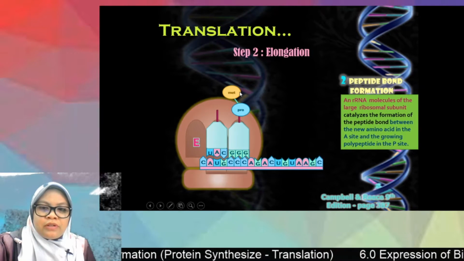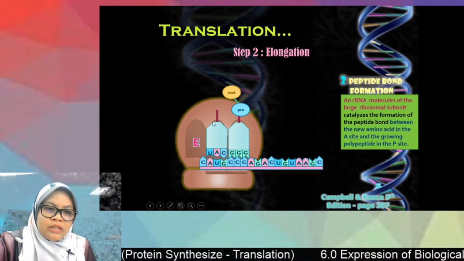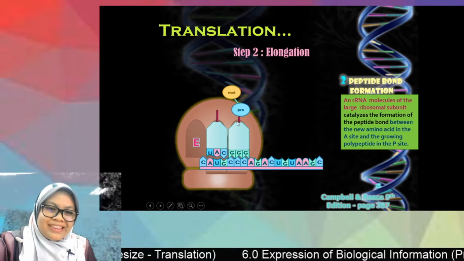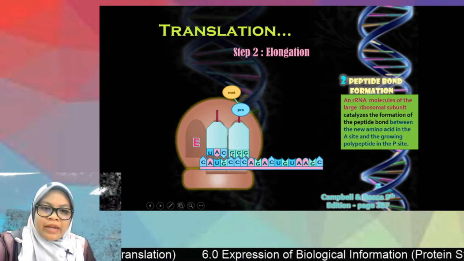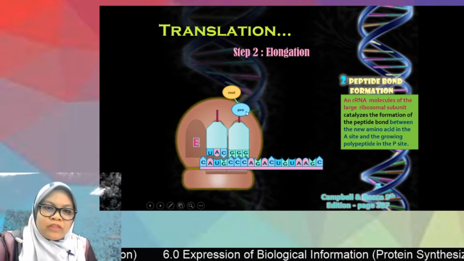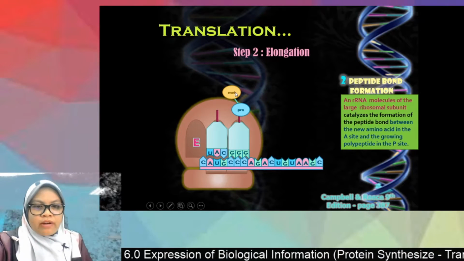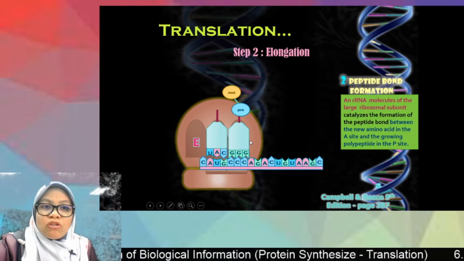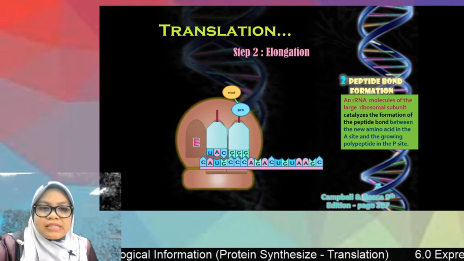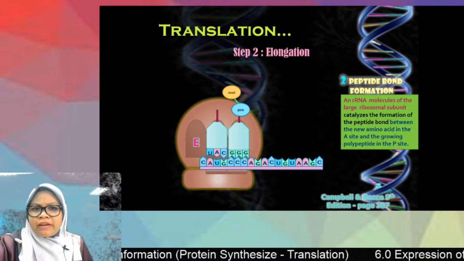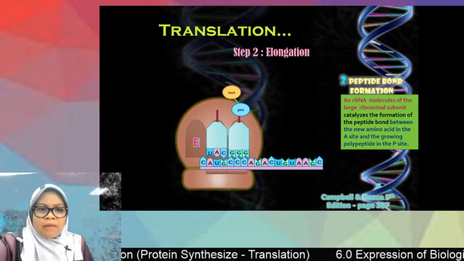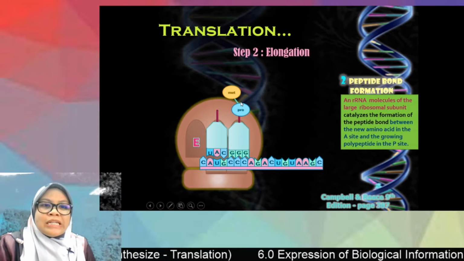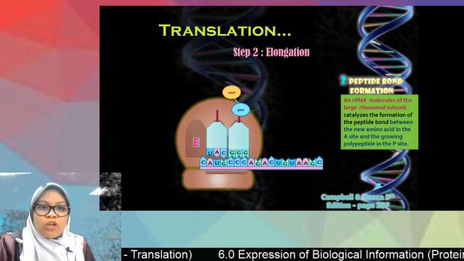Okay, so here this tRNA lost the amino acid, and then the tRNA at the A site already has two amino acids. As you can remember, as I said, the A site is a site for amino acid tRNA. Amino acid tRNA is the tRNA that carries only one amino acid. But now the tRNA already has two amino acids. So the third substage occurs, which is